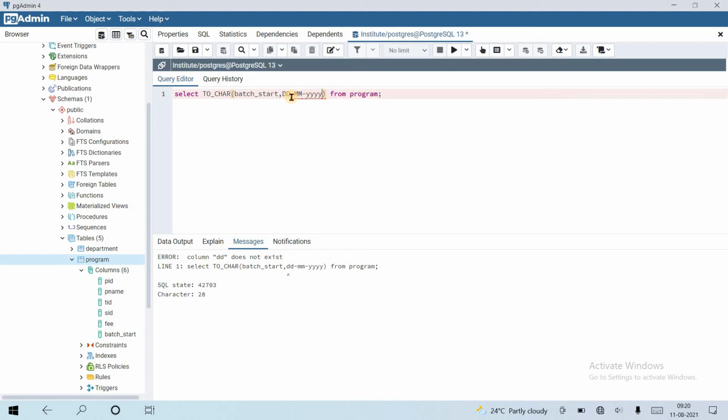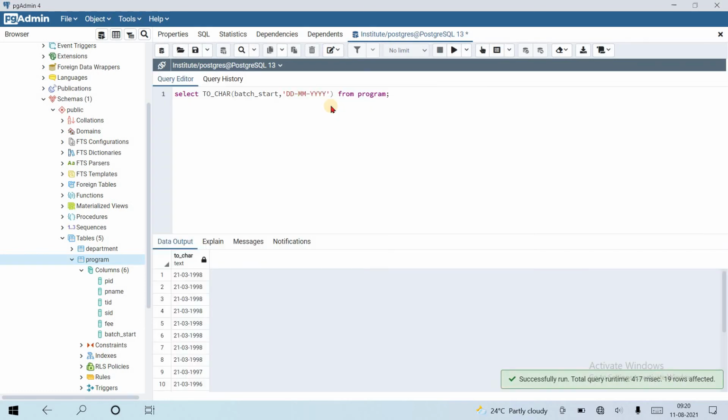You can refer to the PostgreSQL documentation for more detail and for more formats. Single quote. That's it. Day, month, year, and make it all small. Yes, day, month, year.